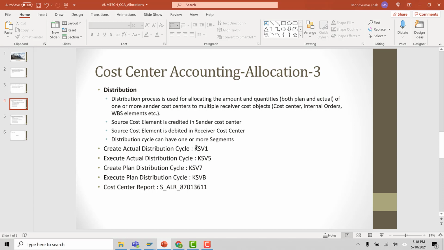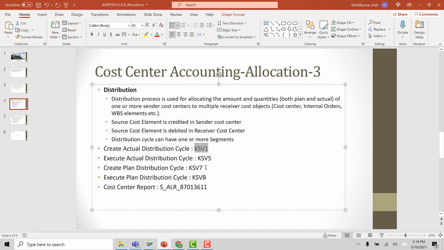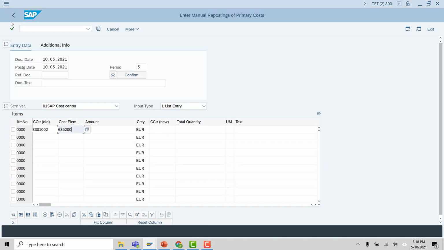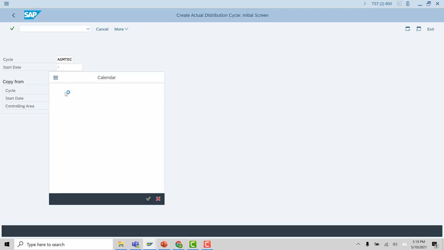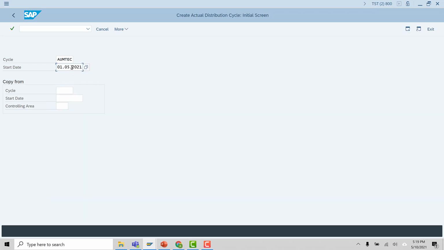So let's go and create actual distribution cycle, transaction KSV1. Give a name to the cycle. Let's give OMTEC. Start date, it should be start of the period. So I will take 1st May here, enter.